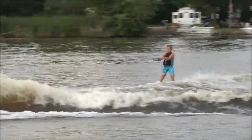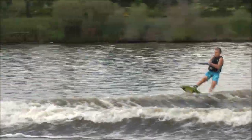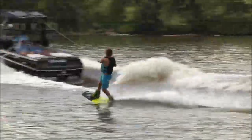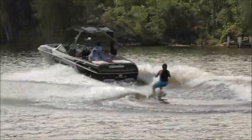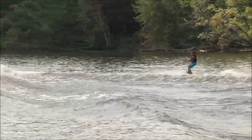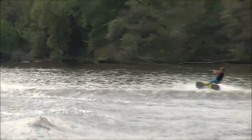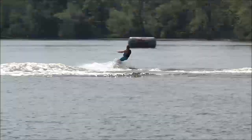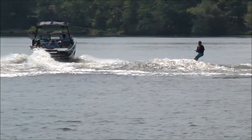And he just did a big 180, and he come in again for another toe side one wake jump, and he'll be coming in again on his heels for a nice one wake air. Good job, Garrison. He's doing some awesome ollie 180s. Oh, and he just slipped out on the ollie 180 on the water and ready to carve around and have